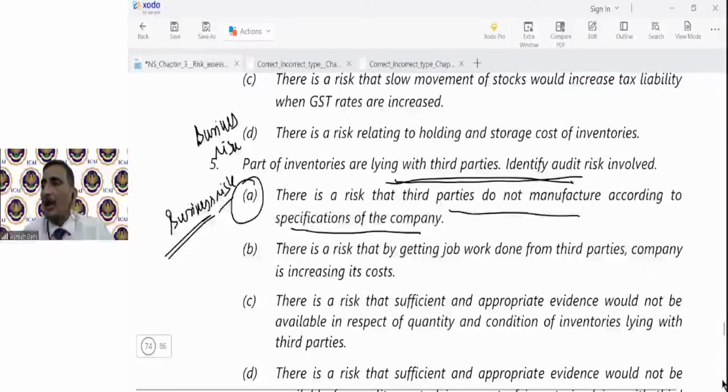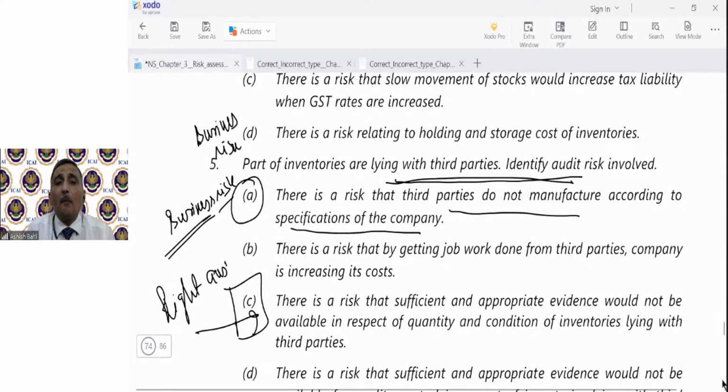So Devraj, you are writing A. How is it an audit risk? It is a business risk कि कंपनी का माल उसके अकॉर्डिंग नहीं बन रहा, तो it is a business risk. ऑडिटर को तो फाइनेंशियल स्टेटमेंट्स में ओपिनियन देखना है भाई आपका. सो फाइनेंशियल स्टेटमेंट्स में क्या चीज इफेक्ट करती है? ऑप्शन C. So this is the right answer,